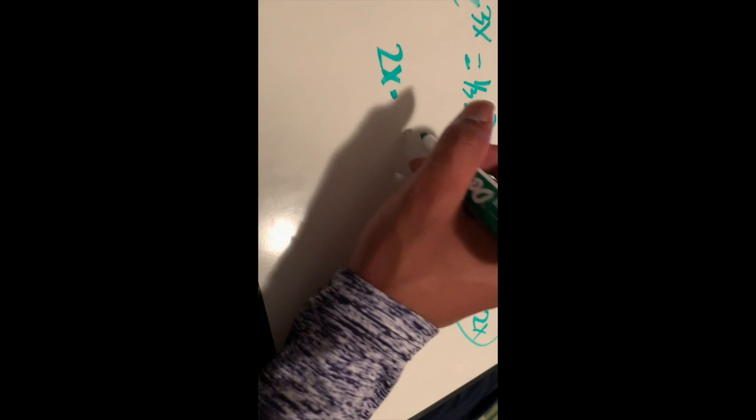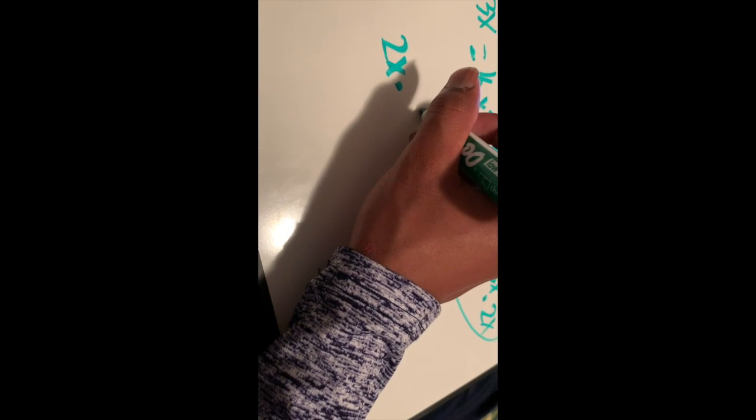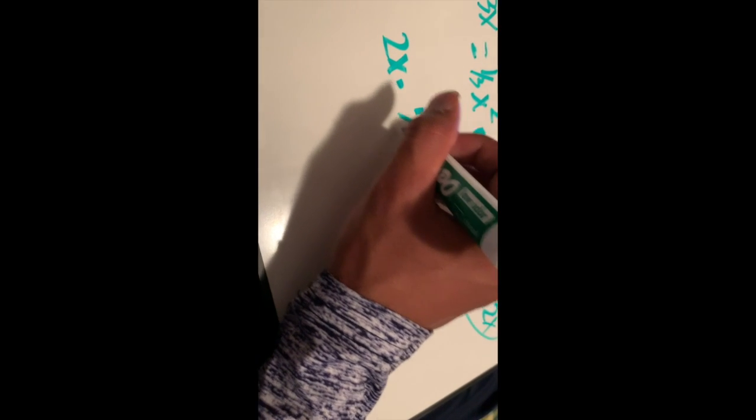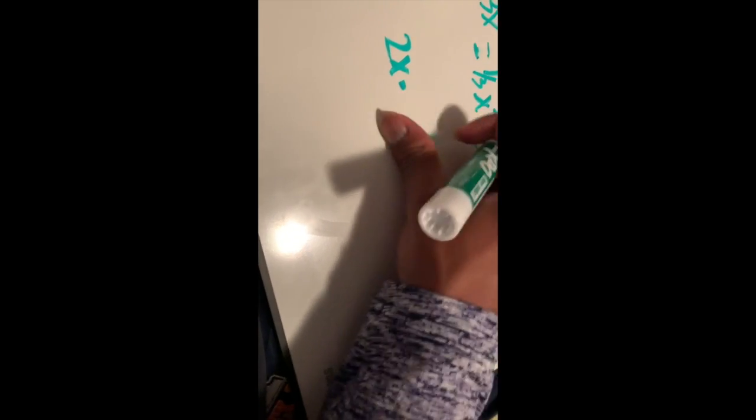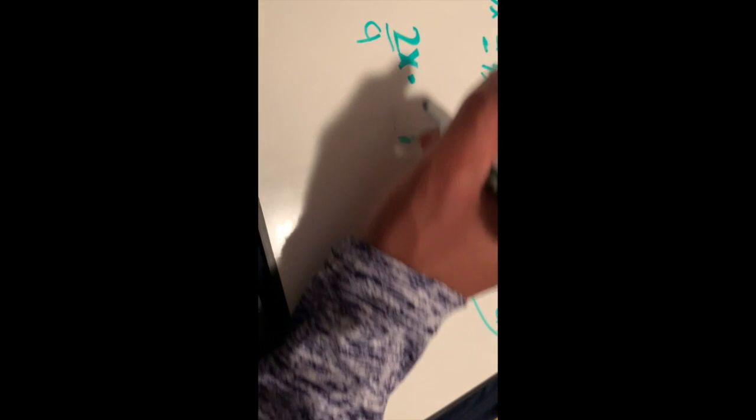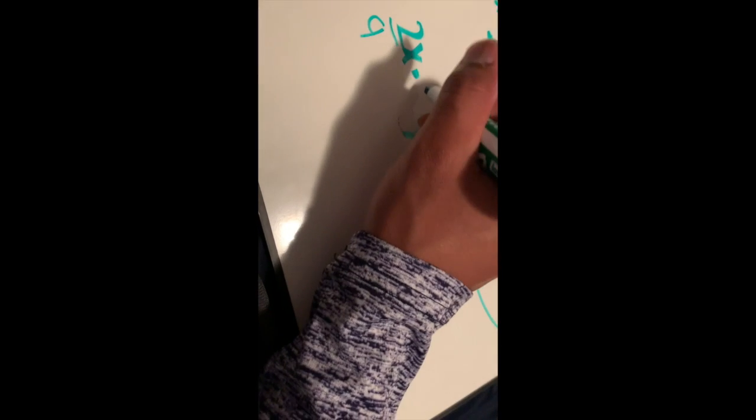So it's actually 1/3 times 1/3, so it's going to be 1/9. And we can just multiply that by the 2 to give us 2/9 x times e to the 3x, and then subtract that from the integral of